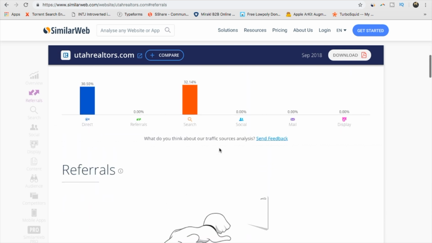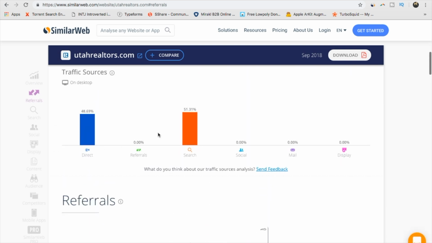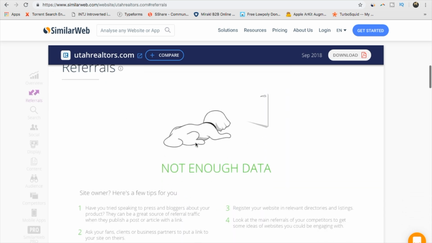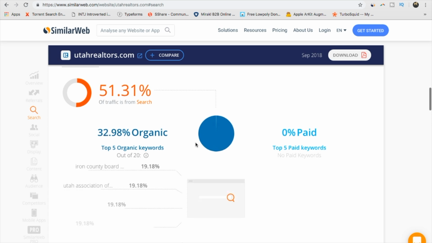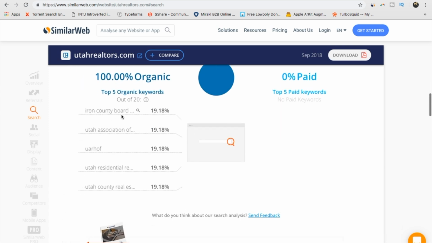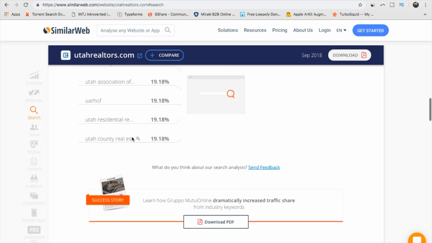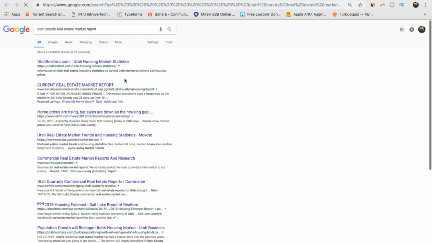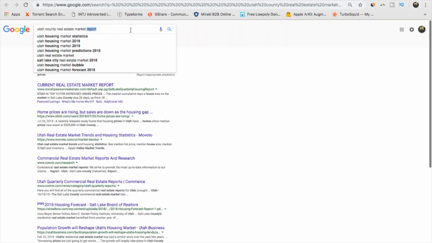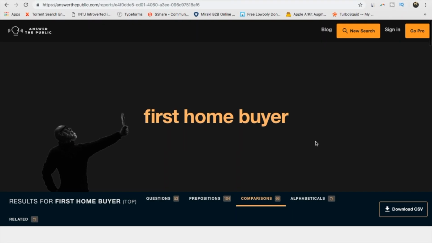It doesn't seem like they have too much traffic. Looks like most of the traffic is direct, or their people are searching. What are they searching? Organic keywords. Iron County Board, Utah Board of Association, Utah County Real Estate Market Report. Okay. All right, so in order to get more keyword results, I changed the keywords that we're looking